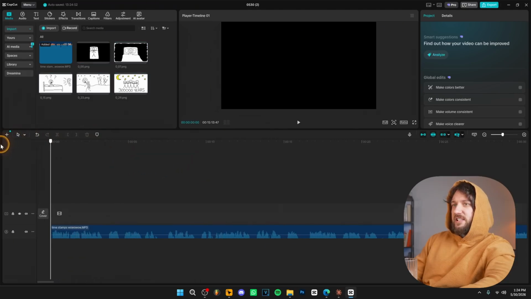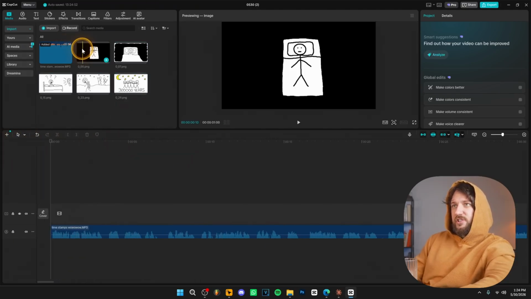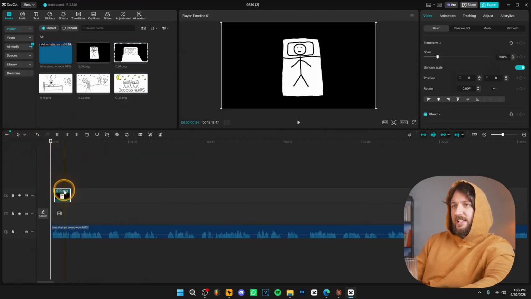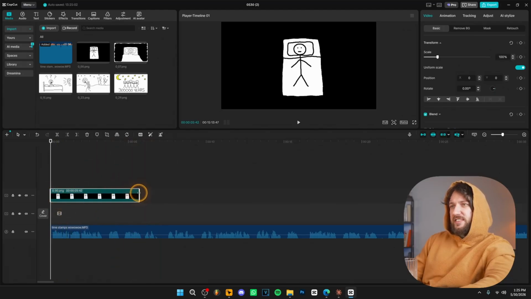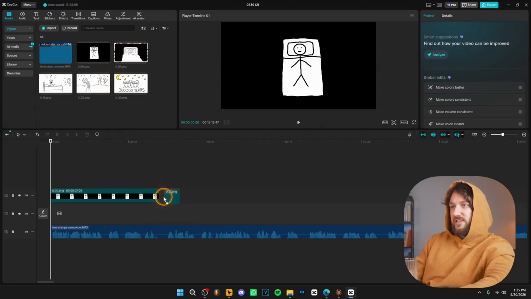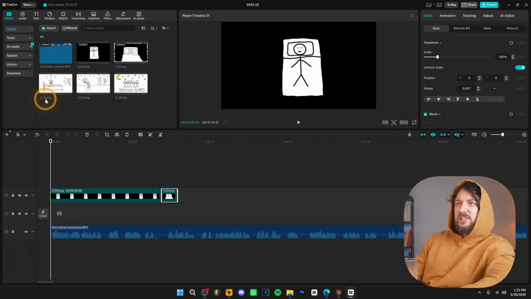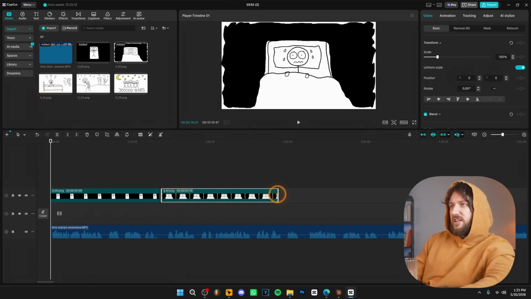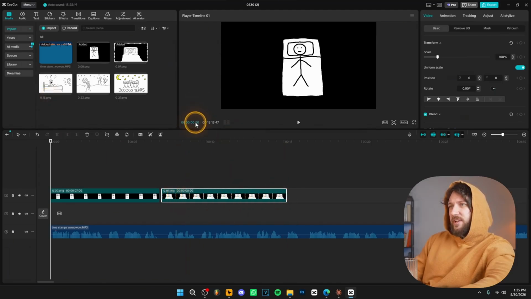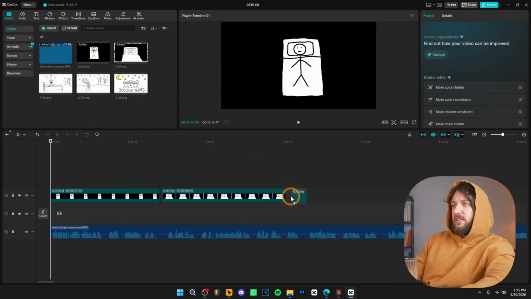Now basically, based on the title of the image, this one over here is 0 seconds, and you extend it until 7 seconds over here, because the next image should start at 7 seconds. As you can see, the second image says 0.07, which is 7 seconds. Then the third image starts at 0.15, which is 15 seconds. That means we need to drag the second image until 15 seconds over here. Then we're going to drag the third image.